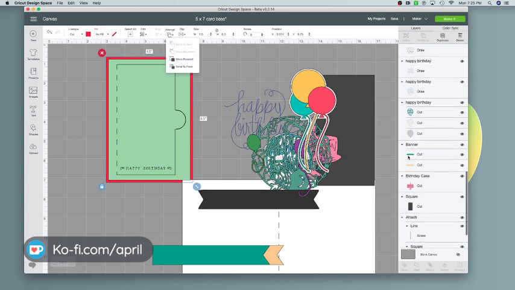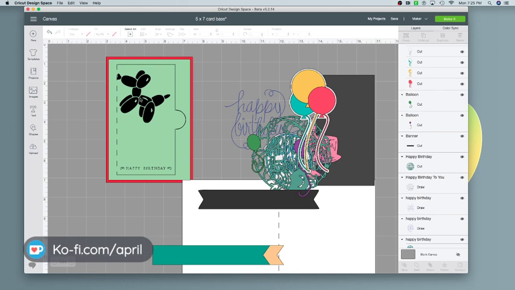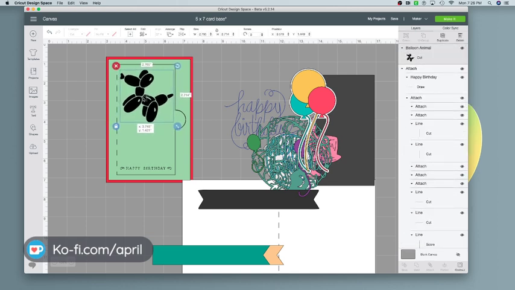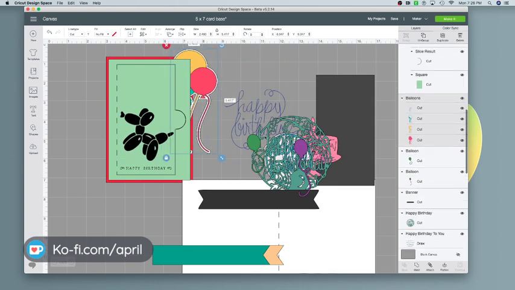Okay. I'm going to go over to my layers panel, and I'm going to select my balloon animal, and I'm going to arrange and move him to the front. How about that? Easier. So I know he's going to fit inside of there. So when I cut him, or if I want to flatten him for a print and cut, he needs to be in the right place. So if I want him down here and maybe holding a balloon,